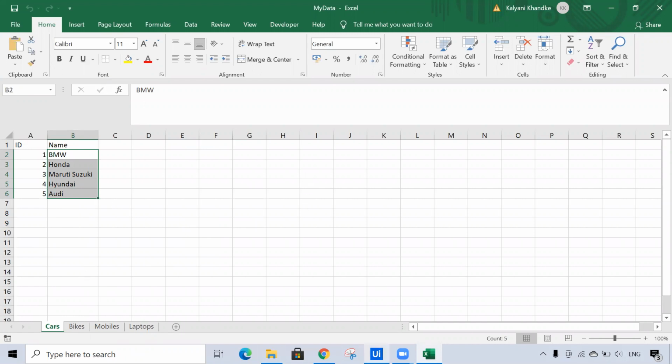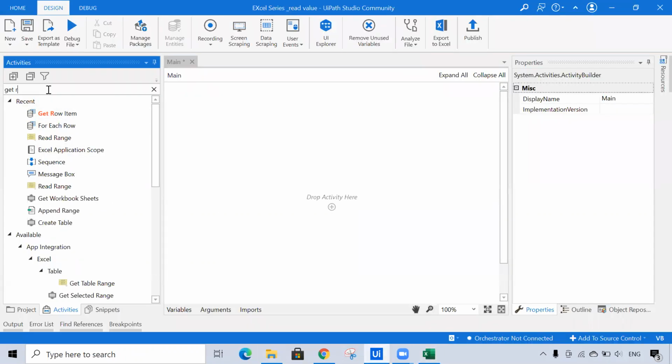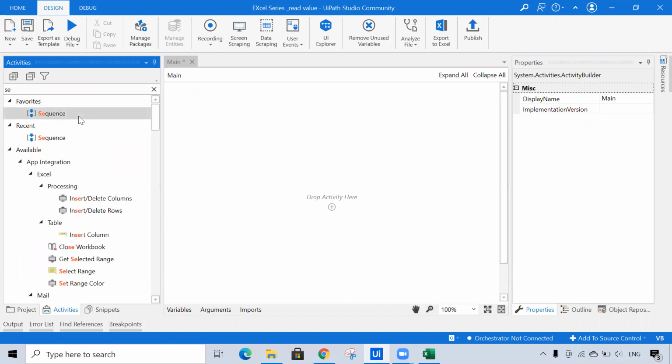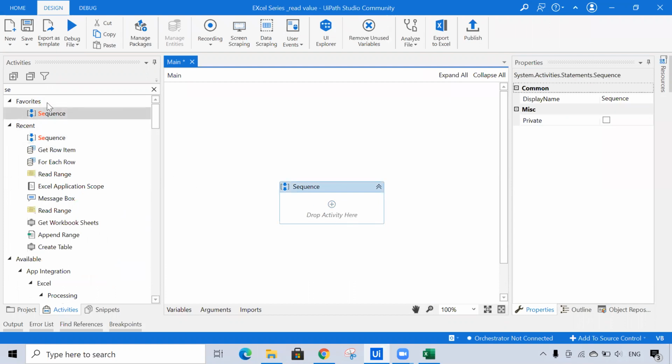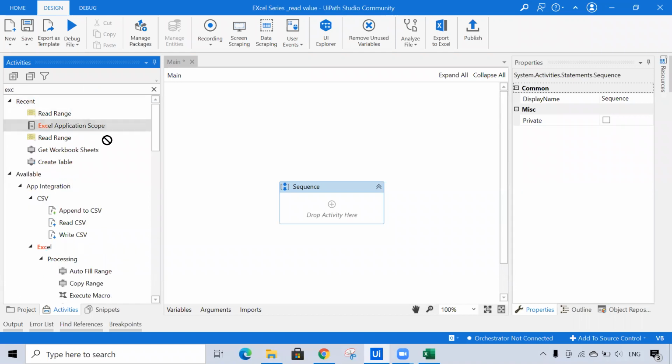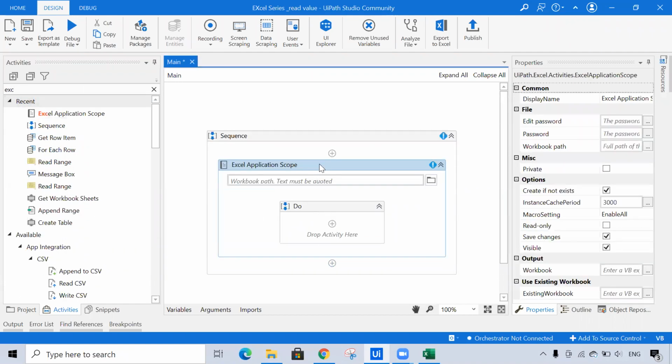So just go to the studio. Here, first you need to get the sequence. Just drag it over here, and now I'm doing an operation on the Excel file, so I'm taking the Excel application scope activity. In the properties panel, you don't need to do anything.